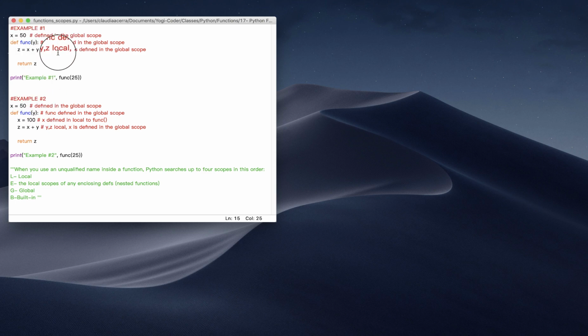They're almost identical. We have a function, def func. It takes one parameter, y, in both cases. In the first one, we have x equals 50 defined in the global space. We have that same one down here, except that we have x equals 100 defined local to the func variable. So this should override this x. So if we're going to pass in the argument 25, which will equal y, then this should add up to